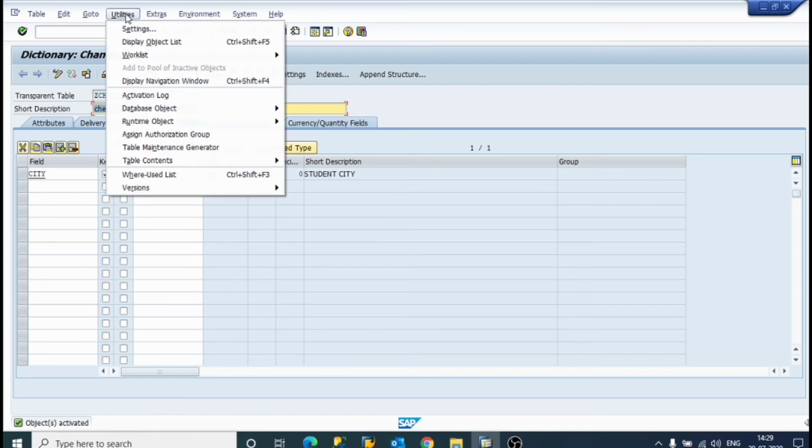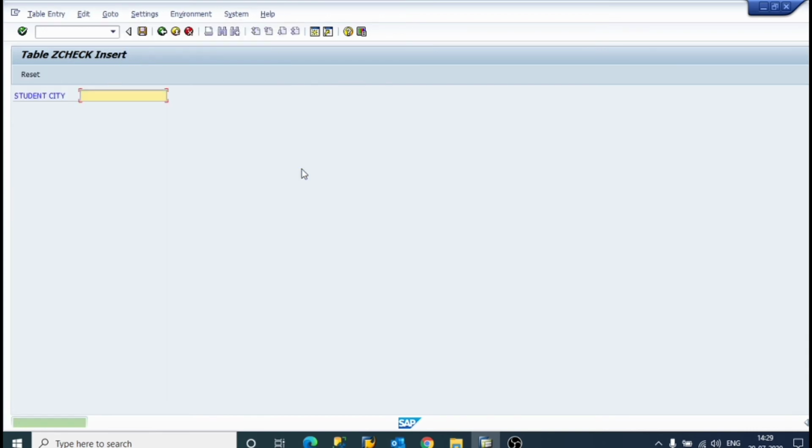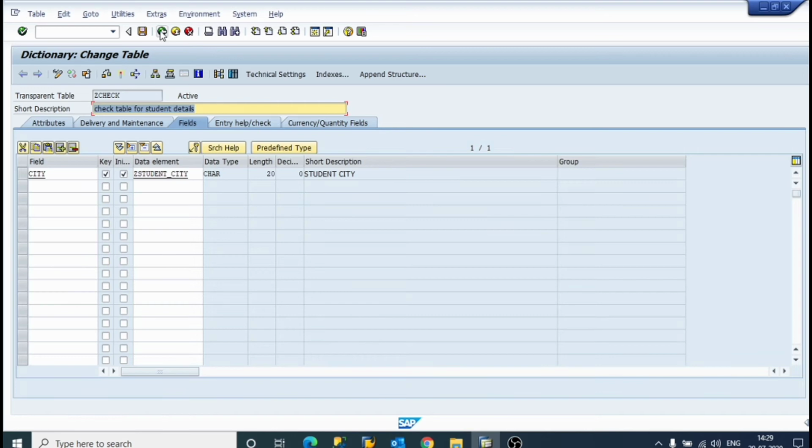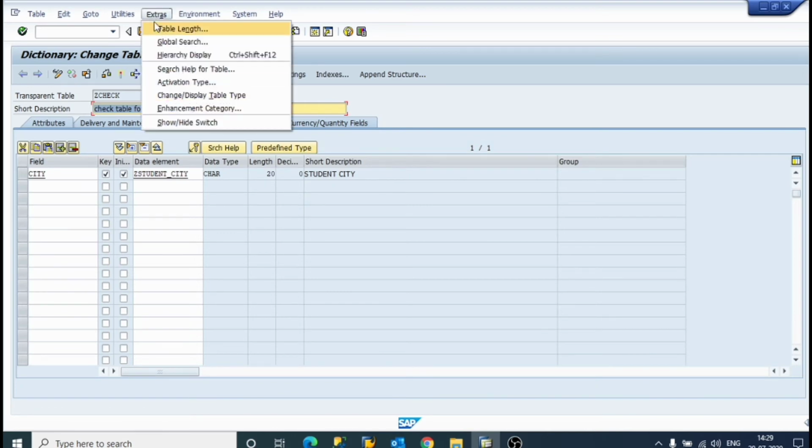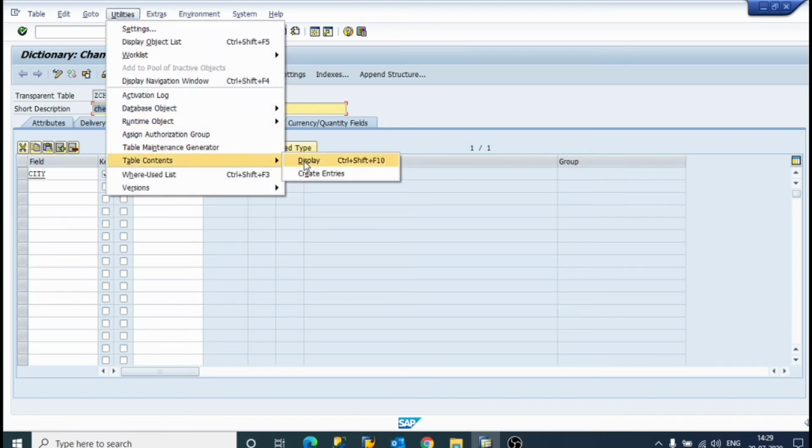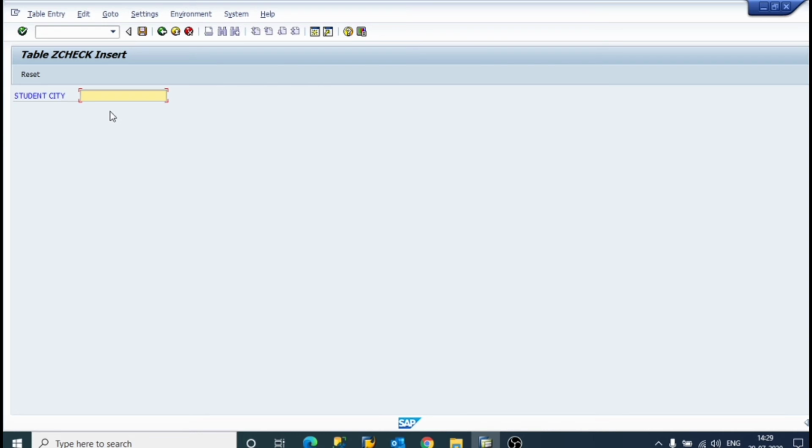Now utilities, table content, create entries, student city. So New York. And save. Then click on back. Again utilities, table content, create entry, city. So Mumbai.